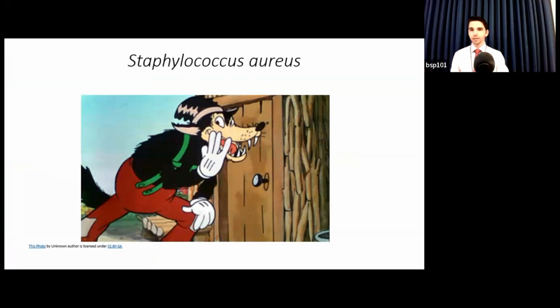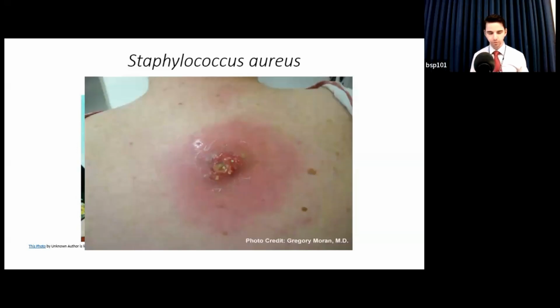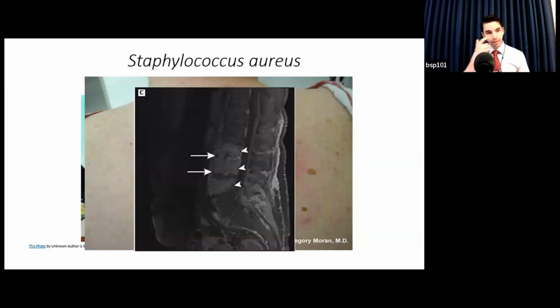So we often think of Staph aureus as the big bad wolf. It's looking for a way to blow your house down. It's a very in-your-face bacteria. So take furunculosis or purulent cellulitis. There's pus, there's erythema, there's pain, there's odor. Patients notice this, and doctors notice this. It can get really ugly. But that's not always the case.